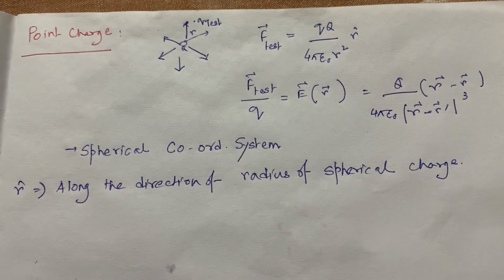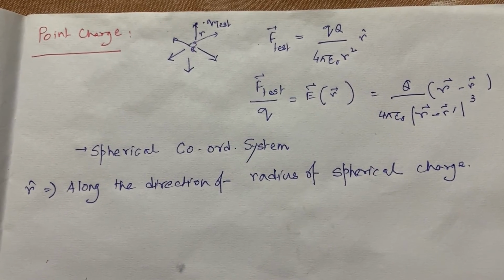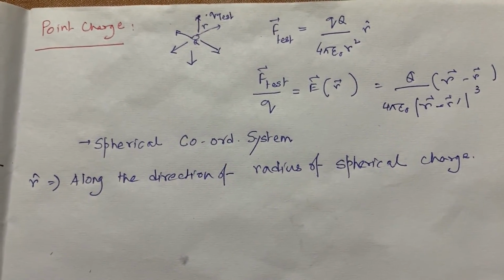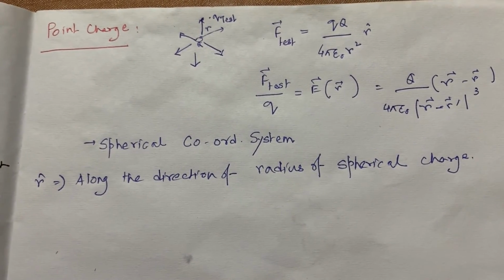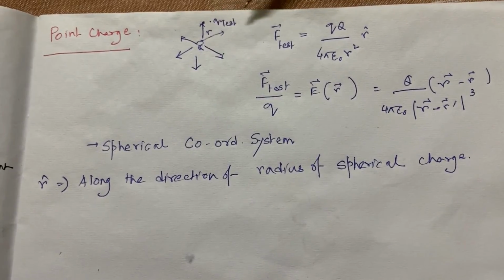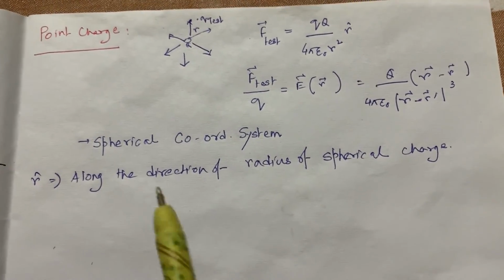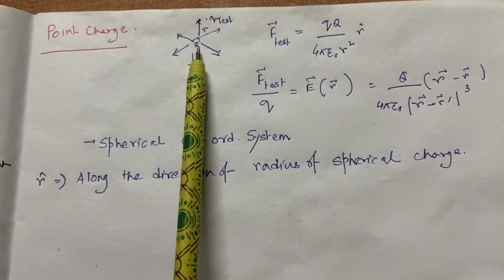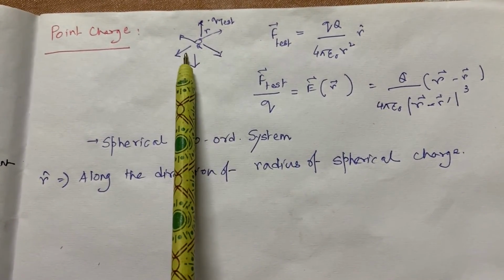Take into account the point charge. We have calculated the electric field for a line charge element. We have not calculated the electric field for a point charge, but we know how to calculate it. If I take this charge Q and electric field E, and it is a positive charge, of course the electric field lines will go outward from this charge. If it is a negative charge, the field lines will be inward to the charge.